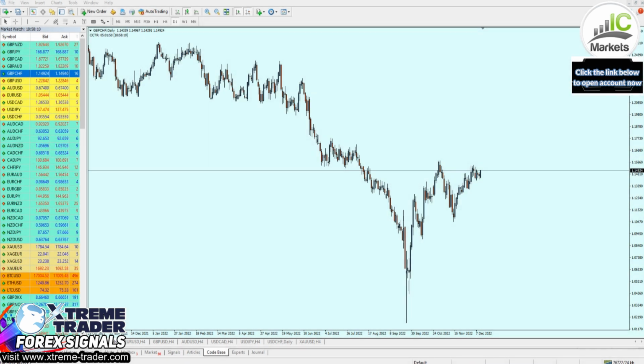Guessing the direction of the market is one of the toughest parts of trading Forex. I mean, it's not something easy at all. And once you actually learn how to identify the direction of the market, you will have better profits and better trades. Of course, however, this can never mean that every trade you open is going to